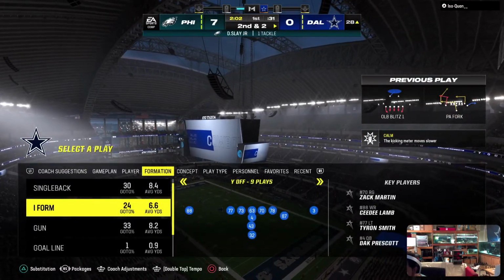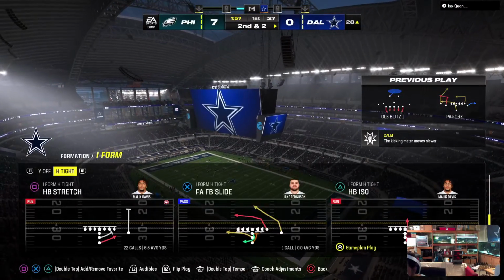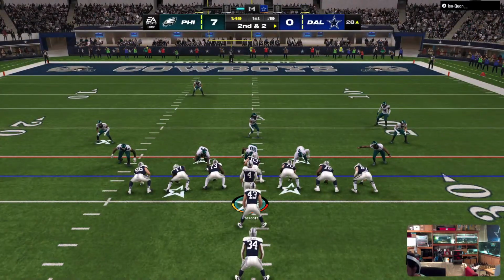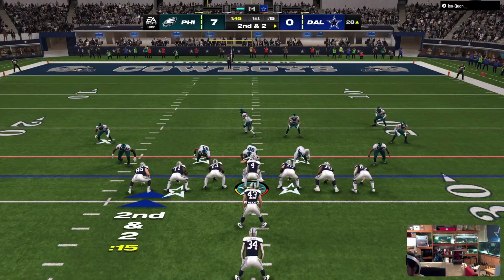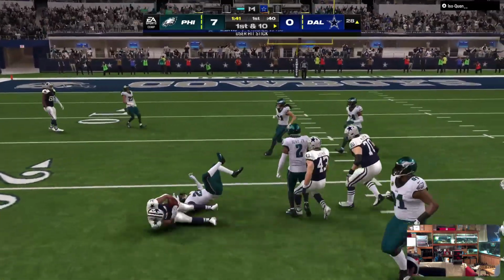And at his size, he's a smaller back. You can get him the football. He can kind of get lost, make someone miss. It's good for him. Yeah, it's great for him. I like what you said there. Sometimes he gets lost in the traffic a little bit. But get him out in the open field into some space. That plays to his strengths the best. He keeps him out of there. Big